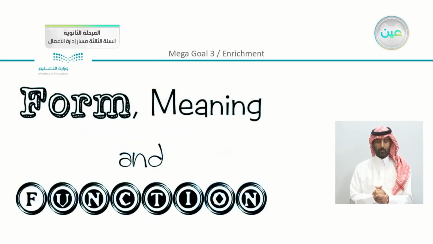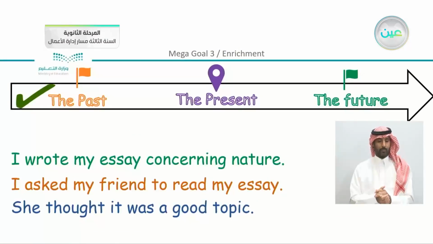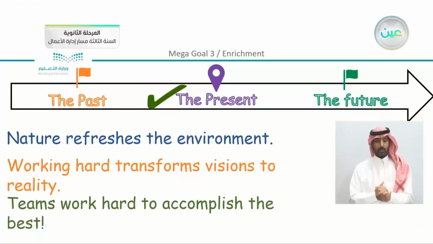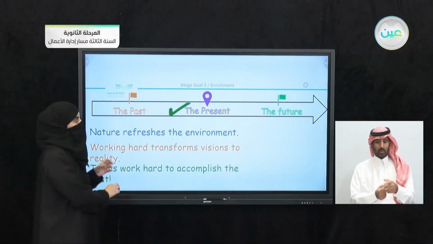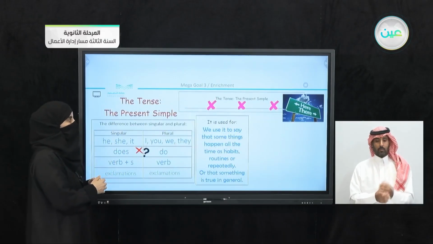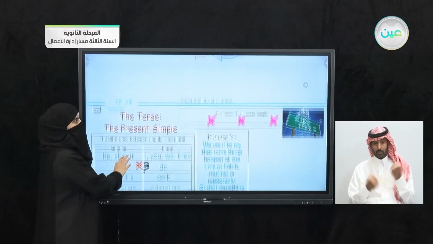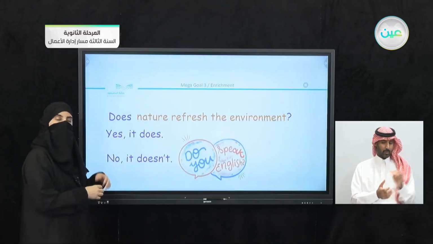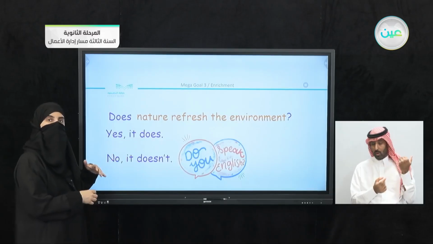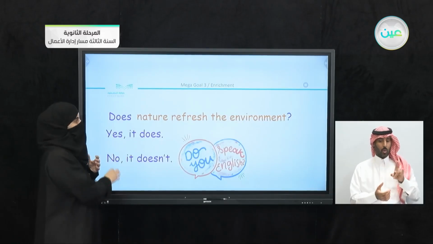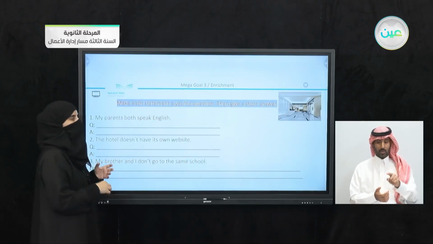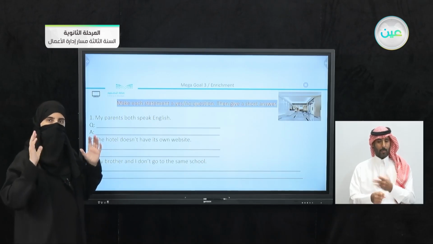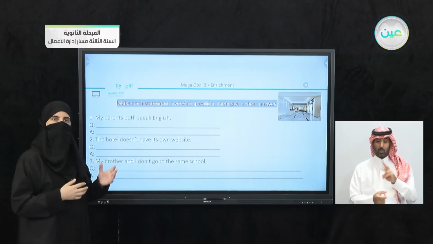Moving on, we have the other part, which is going to be the form, meaning, and function of Unit 3. In the form, meaning, and function, if you recall, we used the past and we compared it also to the present. Now we have the past simple and the present simple here. We did explain the difference between the two structures. And if you recall, we made yes-no questions, and of course we changed the structures depending on the statement or the answer. We changed the helping verbs and so on.